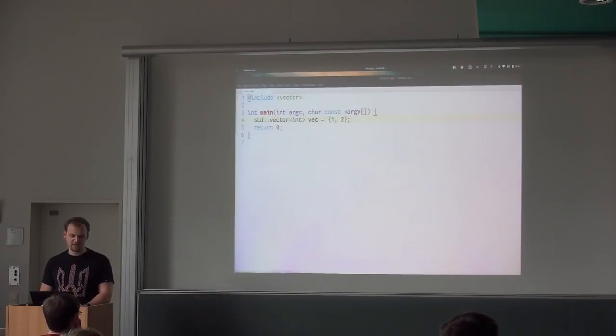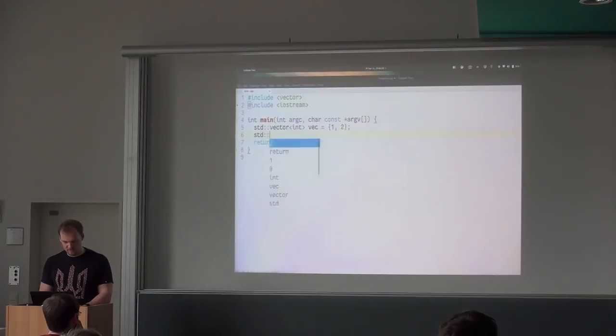So this will create a vector of 2 elements, for example. Now, let's say I want to print something, so I need the stream, and front, back.